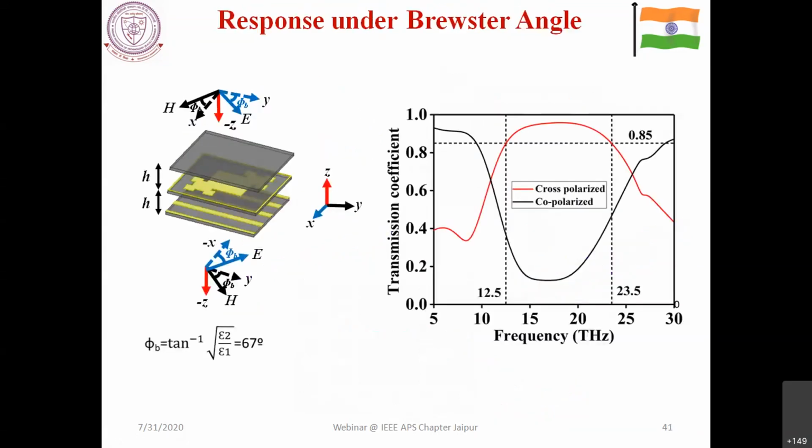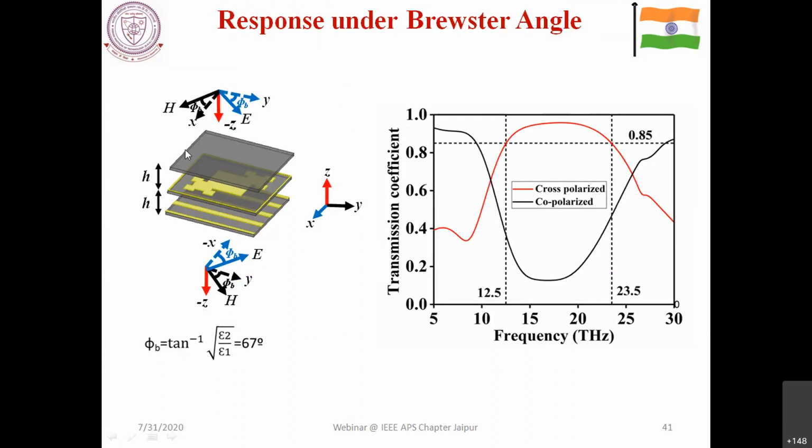Also, another interesting concept is, as you already know, the Brewster angle. That means where you have complete transmission and zero reflection of the electric field, right? So you can compute the value of phi b, the particular Brewster angle for this case, which has been computed at 67 degrees.